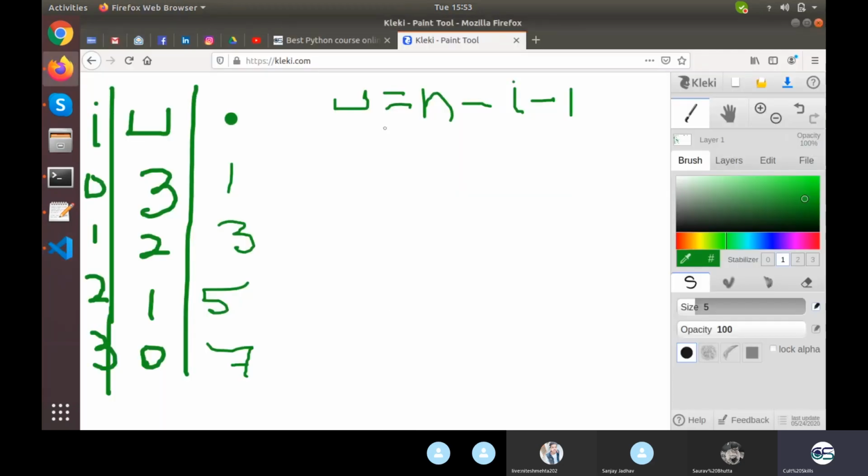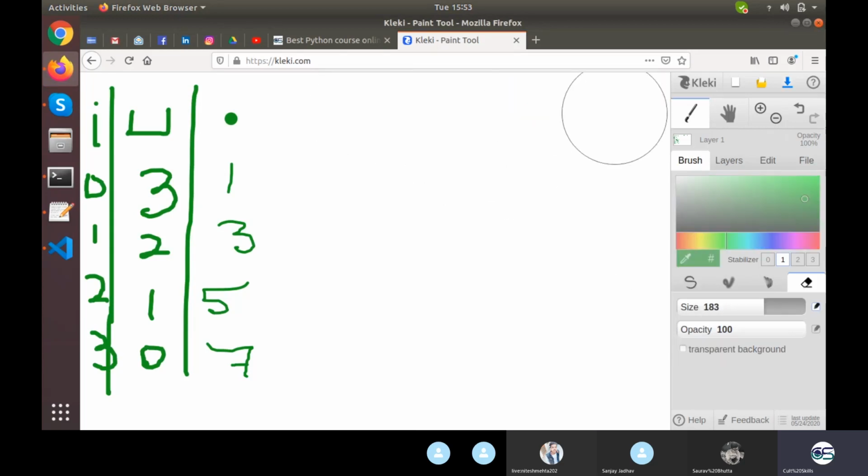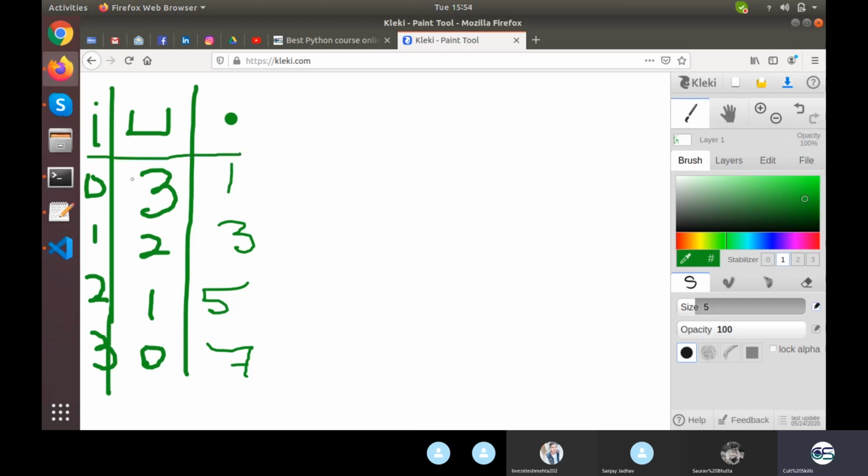Let's talk about how many stars do we want. So for stars, again erasing this, you can see that stars are increasing. I want the focus of all of you right here on the screen. Stars are increasing with a value of I. Don't just forget about this. With 0 it is 1, with 1 it is 3, 2 it is 5, 3 it is 7.